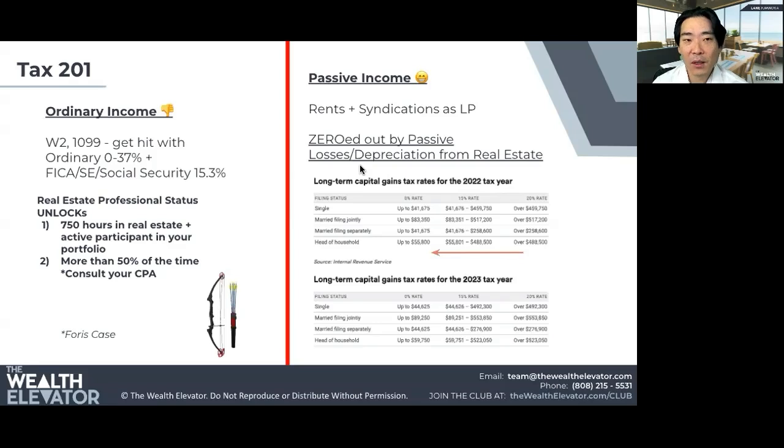750 hours isn't incredibly hard to hit. And you need to have more than 50% of your time or your spouse's time. So it works well. You may work a full-time job, and that's going to disqualify you off the map already. But maybe your spouse doesn't have a full-time job. Maybe they work part-time and they're able to allocate those hours. The idea is that they cannot have more than 50% of the time.